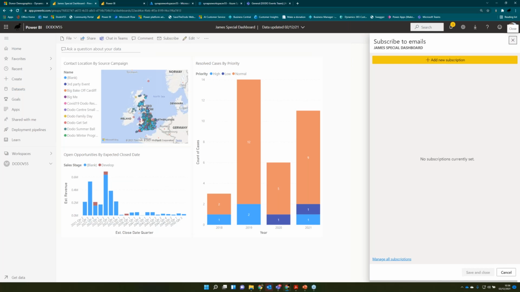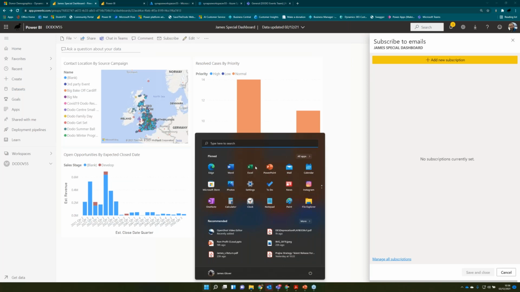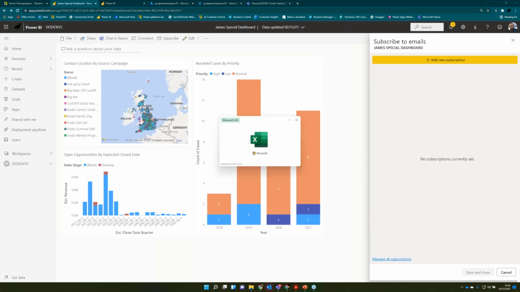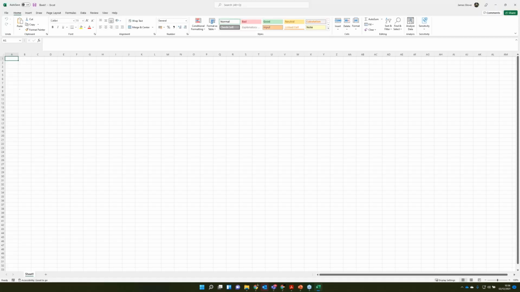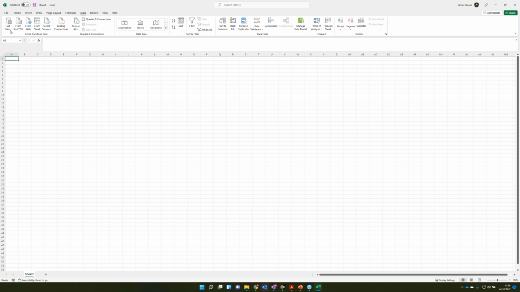Now, every Power BI data model you build is effectively available to use in Excel and in other tools. And what I mean by that is, if I just open up Excel on my computer, I'll just walk through the options we have here, because they're really interesting. If I open a brand new blank workbook in Excel, I have no data, yeah? At this moment in time, because we have Power BI and Excel, it's all part of Office 365. If I go to my data tab here and do get data, it knows I'm a member of Enhance. So it knows it can find any data that's been modeled for me as a business. So if I click on this one,